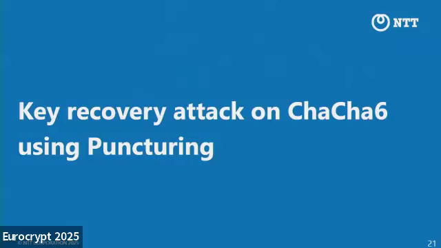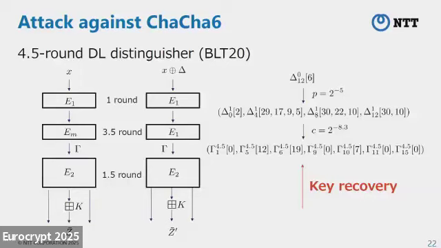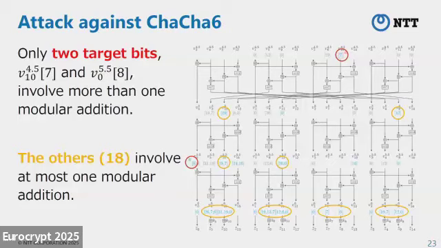OK, so now we apply this technique to ChaCha 6. So we first use the existing differential-linear distinguisher. The first round differential probability is 2 to the minus 5, and the autocorrelation is 2 to the minus 8.3. OK, so now the key recovery function. The key recovery function can be decomposed into the sum of 20 functions. So the distinguisher's output linear mask is transited to the linear mask for the known path, and